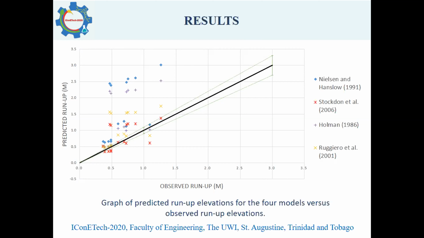From this graph, we can see that generally there's an over-prediction of wave runoff, with few cases of underprediction, mostly coming from the Stockton et al. model. What we can also see is that as the wave runup positions, their elevations, increase, so too did the overprediction of wave runup. This may be accounted for by the omission of these other parameters that have an influence